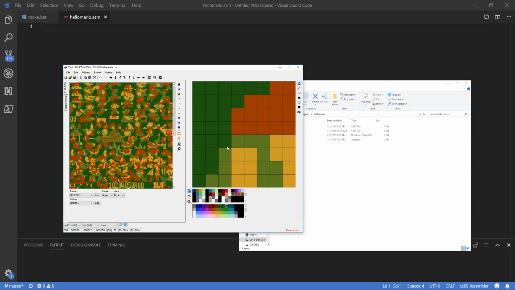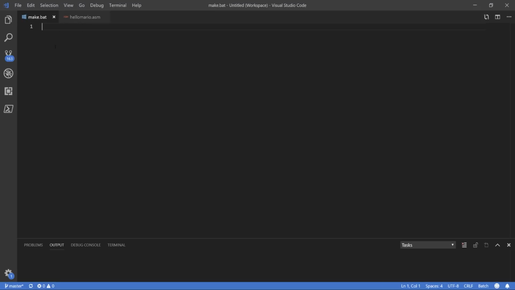that we don't have to type the commands out to build the program every time. We can make use of a batch file to do that for us. I have an empty batch file here, and what I'm going to do is have it run first CA65, which is the assembler, which you hopefully downloaded after watching episode 1. And I'm going to have it